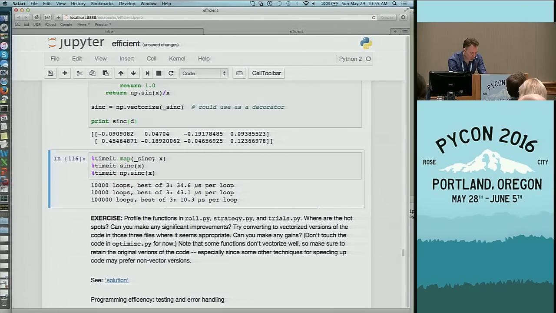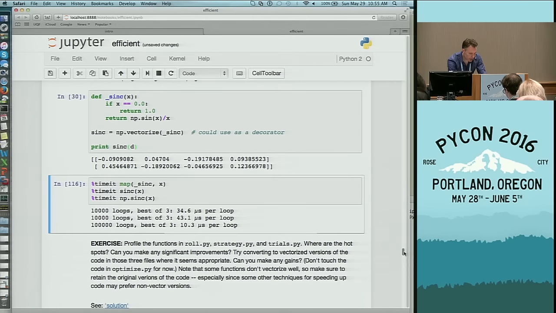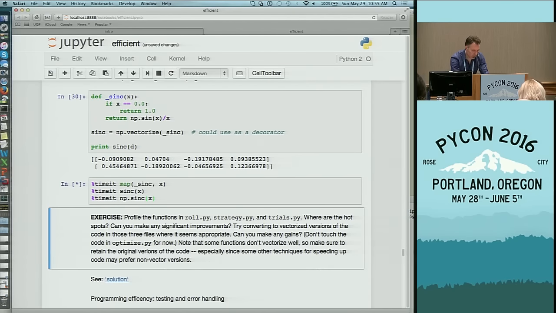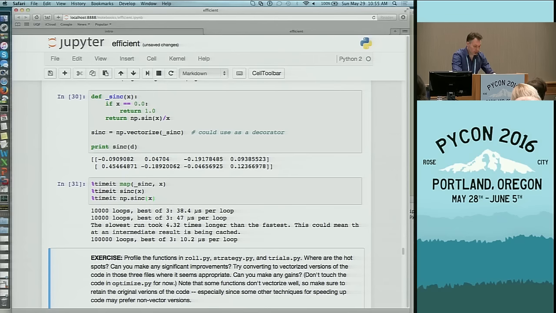Here is map of the sinc function. Okay, so what I'm going to do is now over some x, call map of this sinc function. Then I'm going to call the sinc function, which was np.vectorized, and then I'm going to look at NumPy's built-in sinc function. So map of the sinc function is essentially what np.vectorize is doing. Okay, so map is using Python's map, which basically says take this function and apply it to every element of x,